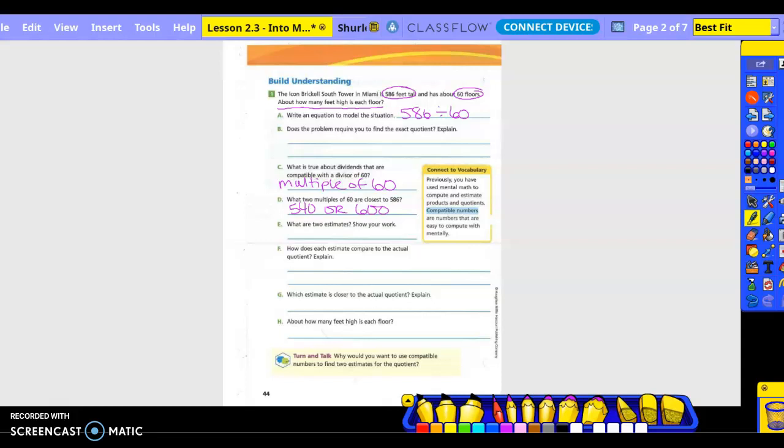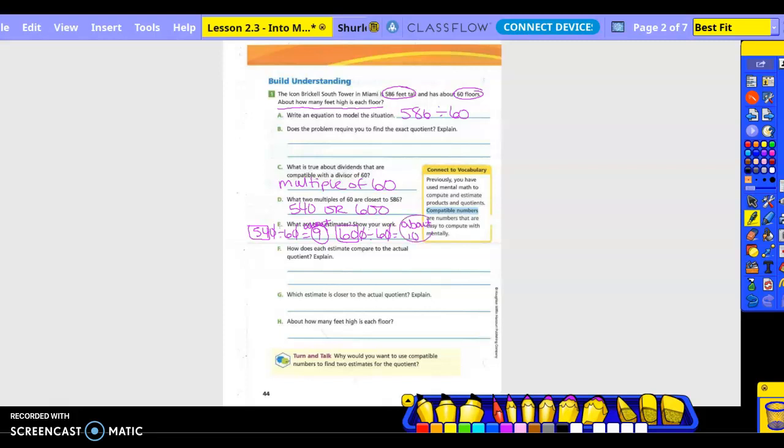Okay, so we have a low multiple and a high multiple. What are our two estimates? If we took 540 divided by 60, we would get 9, not 90, because you mark off the zeros, and you're taking 6 into 54. So that's our low estimate, and we need to put the word about with it. Then we would do 600 divided by 60, mark off our zeros. 6 into 60 is about